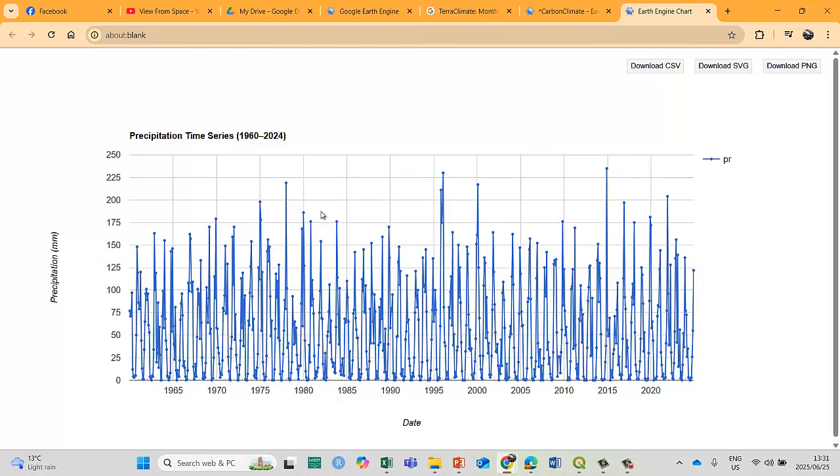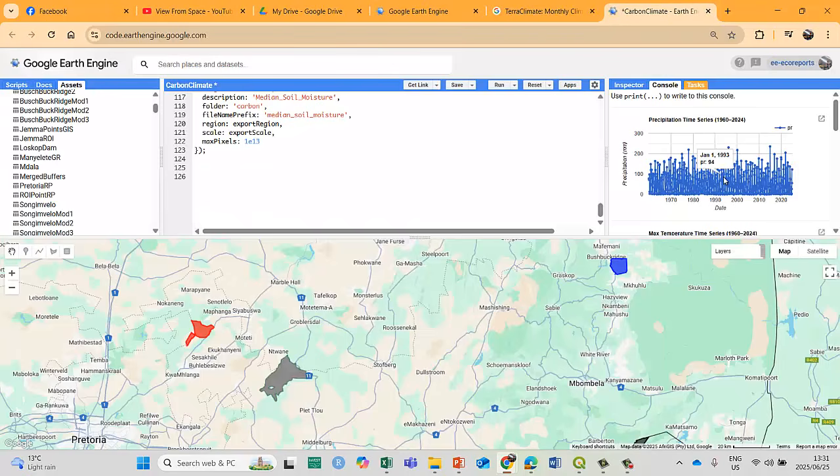Can't see any major trends. Can't see any major changes over this number of years. There's December. Looks fine. Can't see any major issues with it. So rain seems to be fairly constant. No trend changes, it seems.